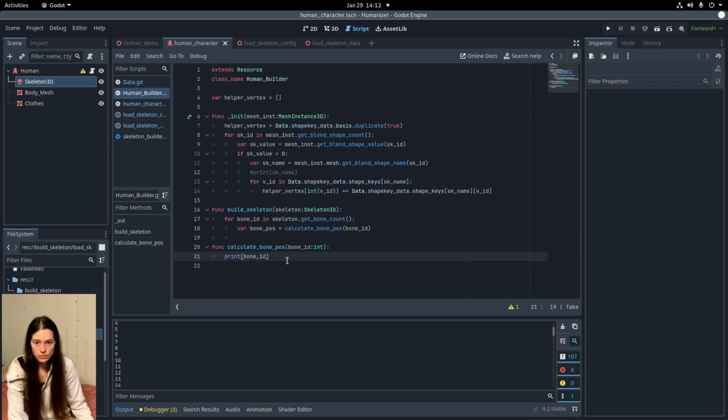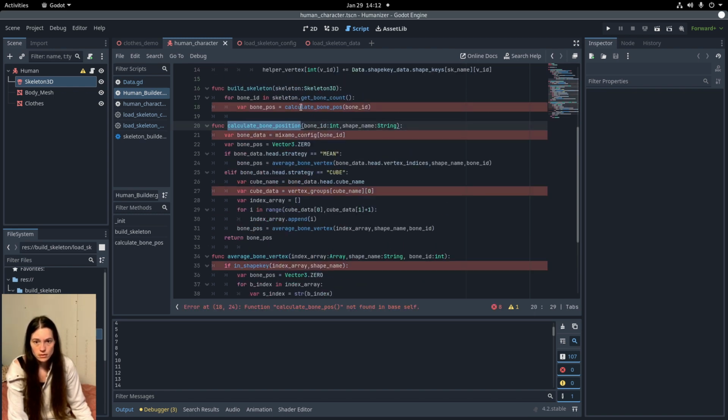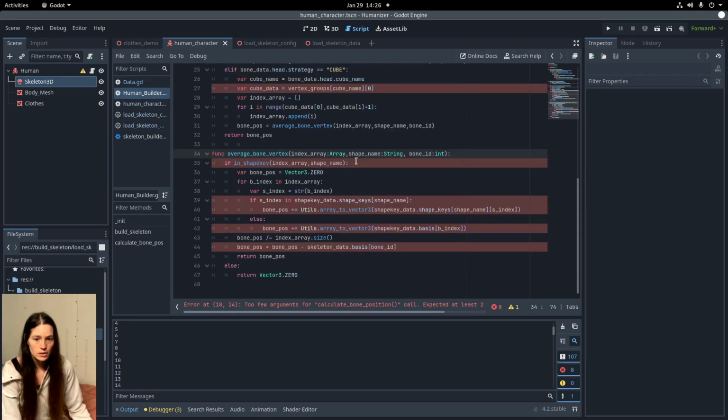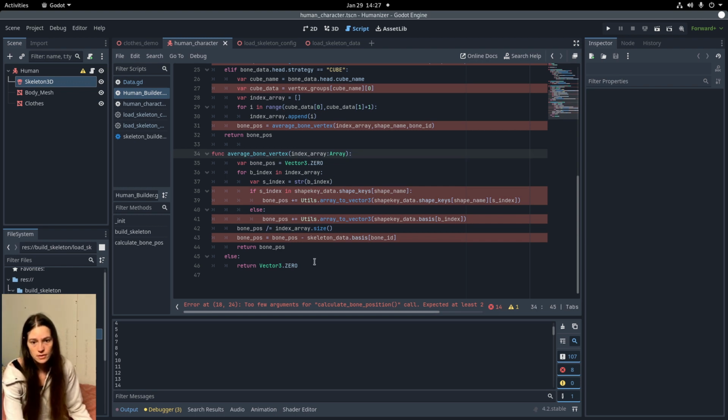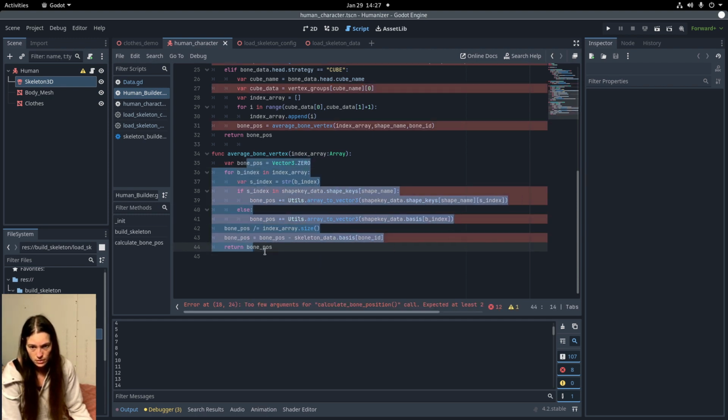So in the human builder, I'll paste those. Now I don't need the shape name for the average bone vertex or the bone ID. I just need the index array, which has the indexes that need to be averaged. And you don't have to check if it's in the shape key because we're using the helper vertexes instead. So for the blender index in the index array,